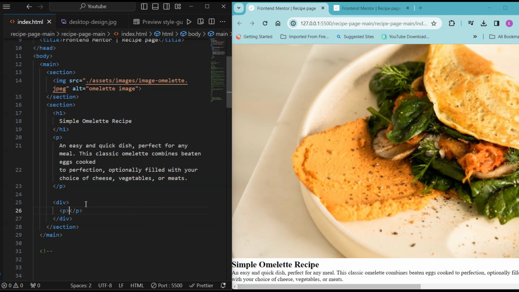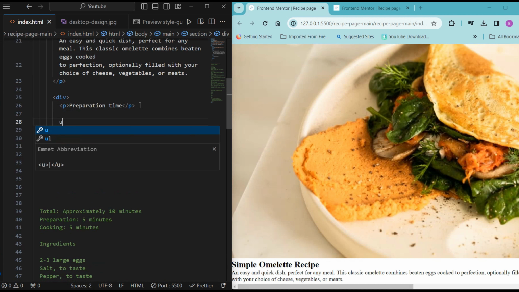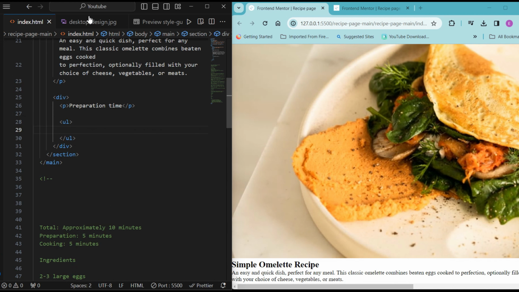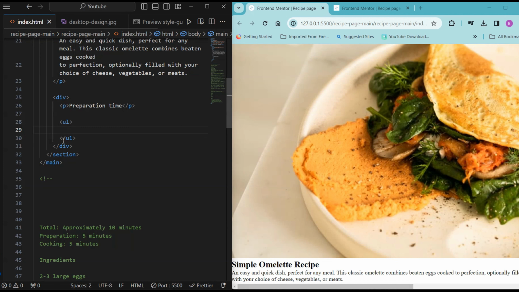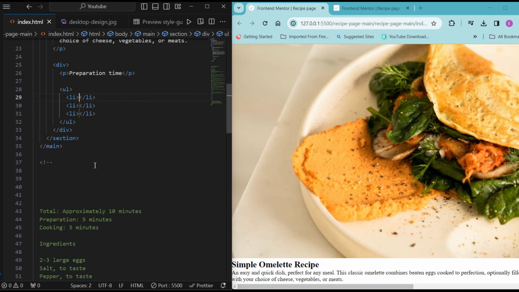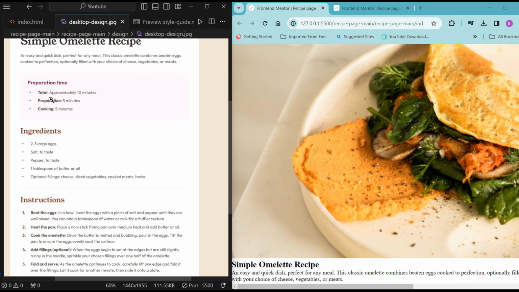So let's do that. Let's do the paragraph text first, and this is the text. Control X. We're going to paste this here, and then we have the unordered list, and I know it's an unordered list because it has bullet points beside it. So I need 3 list items, and I can just do this li times 3, and VS Code will help me. And let's see the text there, total, and then we have,